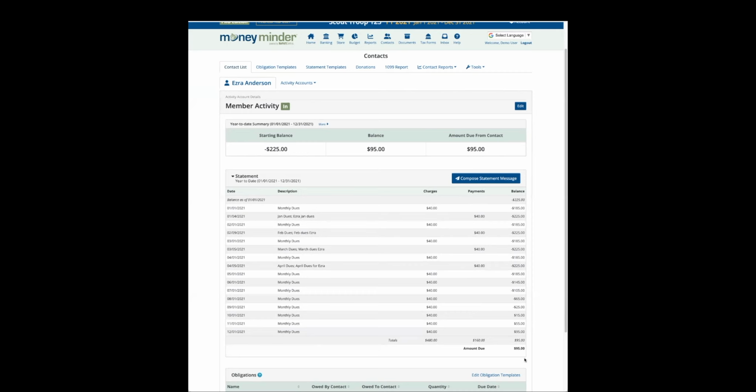And then the net will be either what they owe at the end of the year or will become their new credit balance for next year. When you set up your next financial year, you'll be given the option to carry over your contacts and carry over any ending balances that the contacts have.